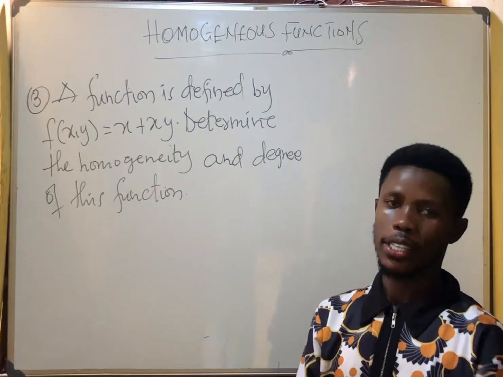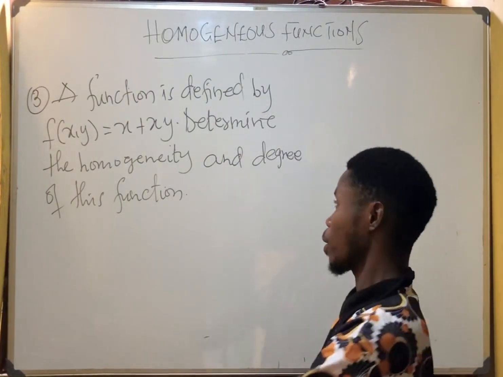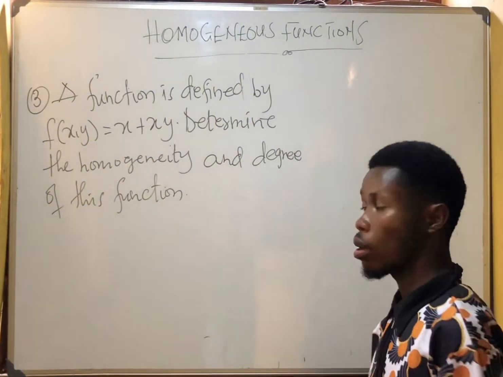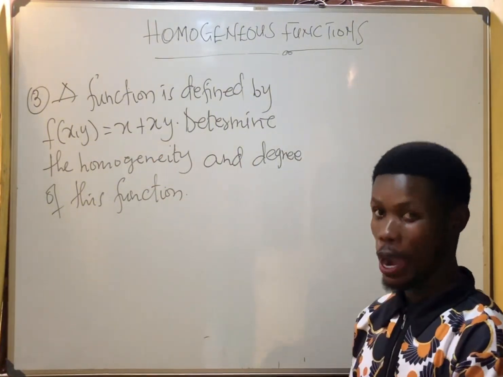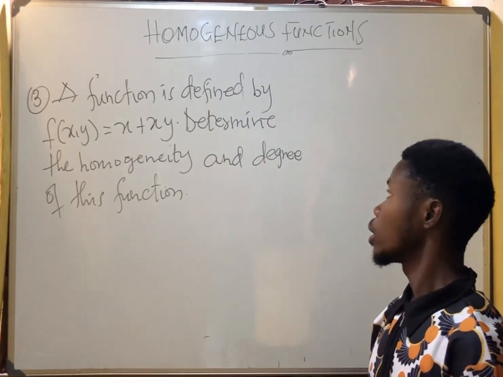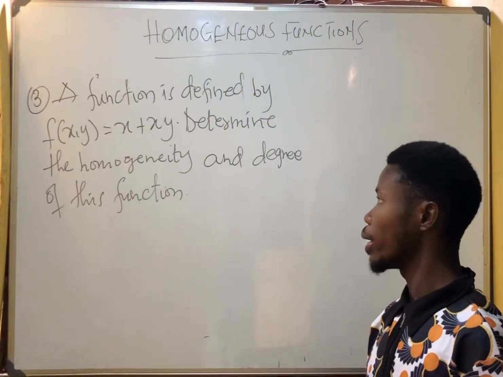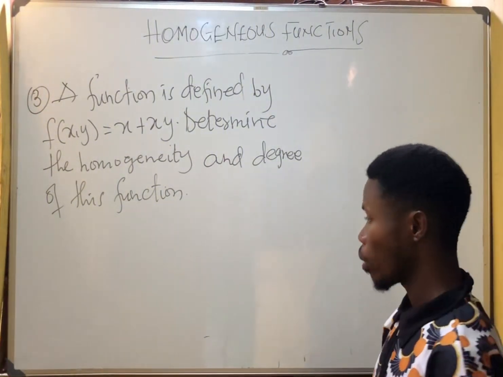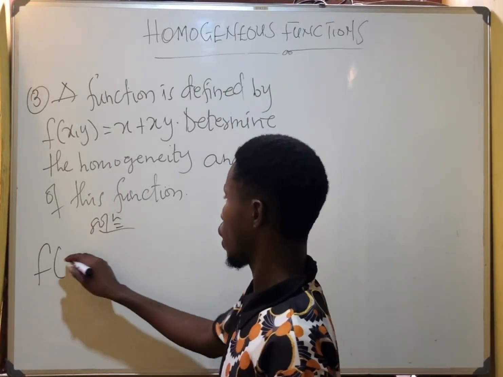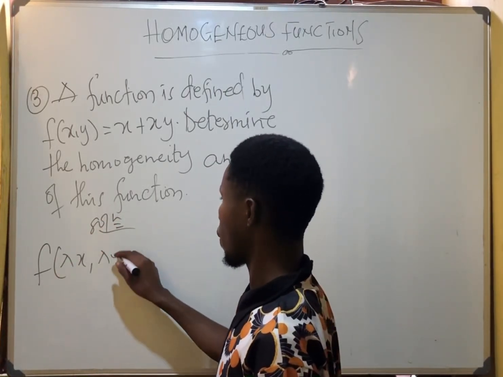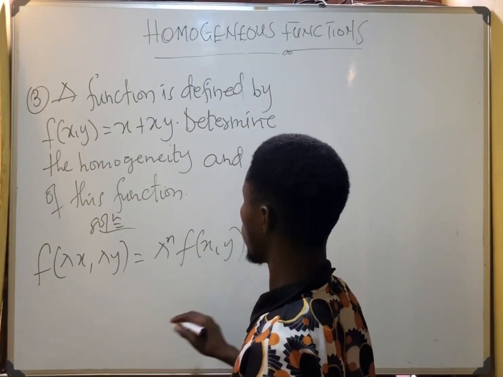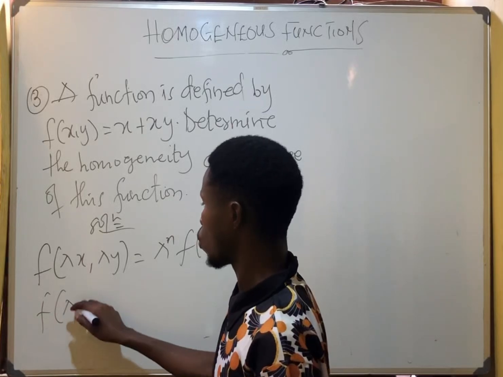Okay, so this is our last example. So let's see how the last example looks. A function is defined by f of xy equals x plus 2xy. Determine the homogeneity and degree of this function. So by definition, we are saying that f of lambda x, lambda y should give us lambda to the n of f of xy. So by doing so,